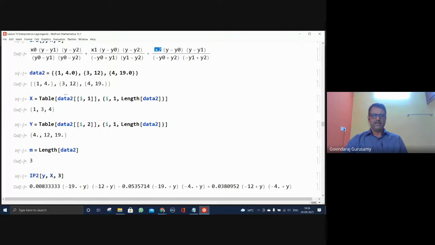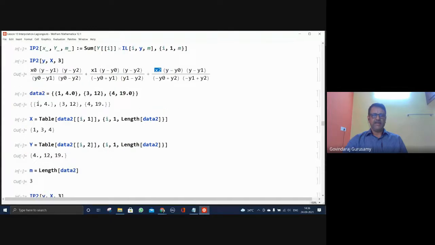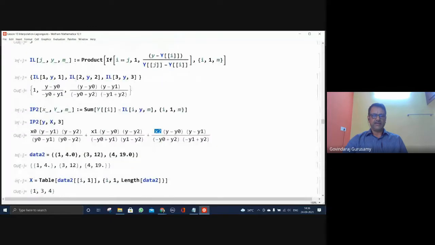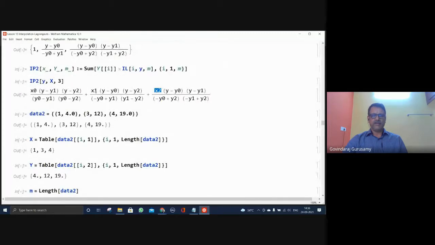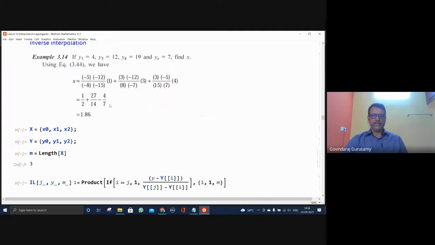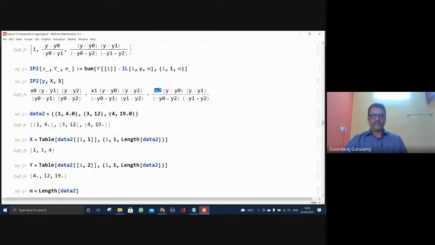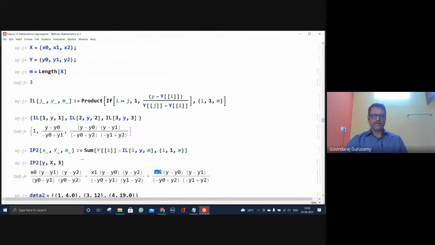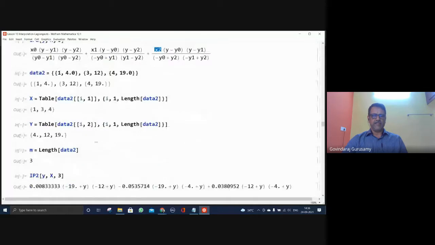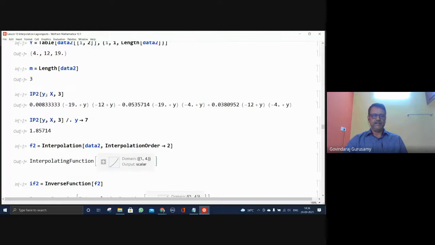As it is, I have written it, but automatically that will be taken because I have defined the x and y correspondingly. That should be taken into this, and you find for the data points 1, 4, 3, 12, 4, 19. This is the data set. This is a function, as it is the inverse function, which you already found. Then the function x and y is defined here, and we have just looked at this through this function. Make a substitution, y equal to 7. We'll get